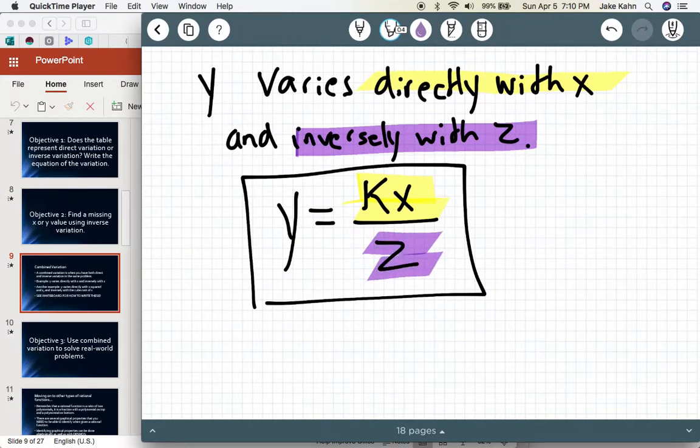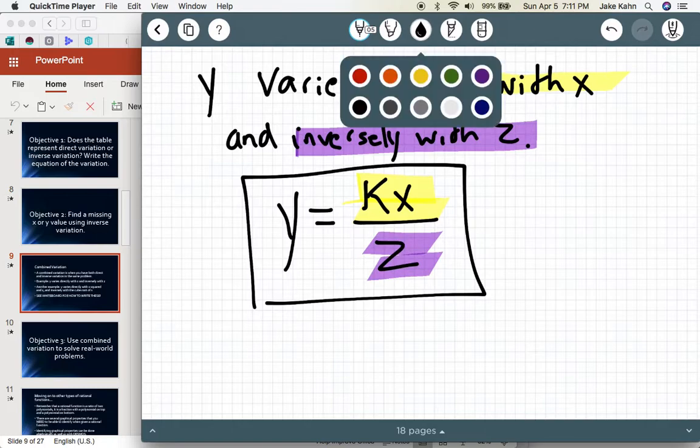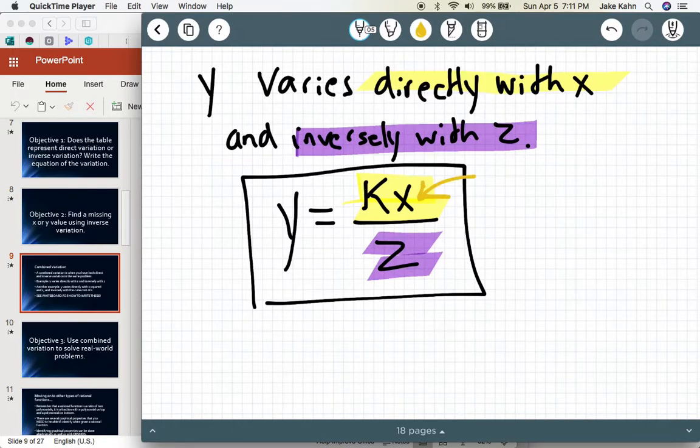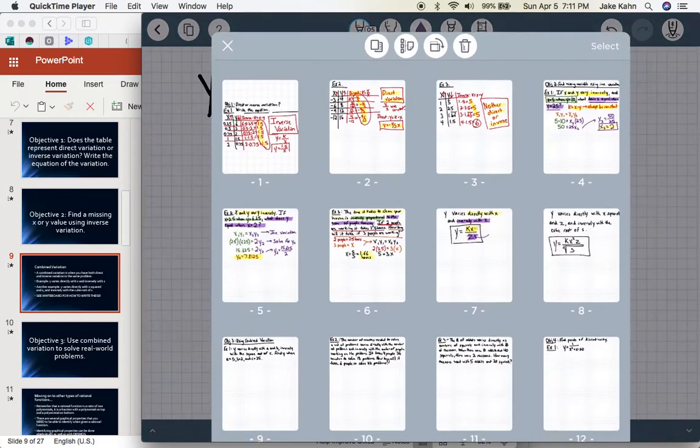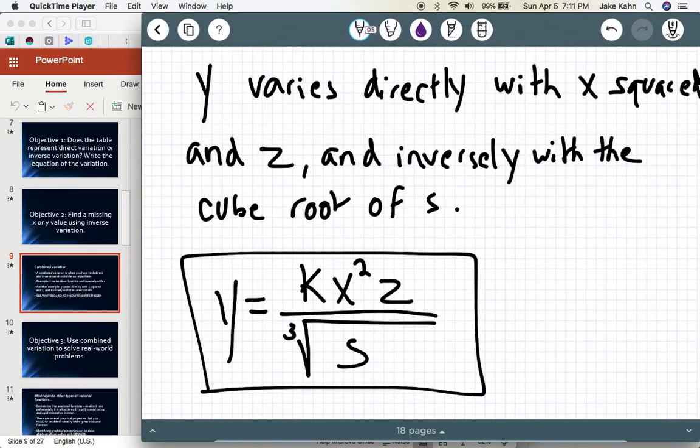The important thing to remember with combined variation, y'all, is that if you have something varying directly with y, that shows up on the top, as it did with this x, right? That's why it's on top. However, if you are varying inversely with that variable, that variable will show up on the bottom, as it did with the z. So the second example that I stated, you can use those same rules to write the equation of that combined variation. The second example said y varied directly with x squared and z, which means that we have on top